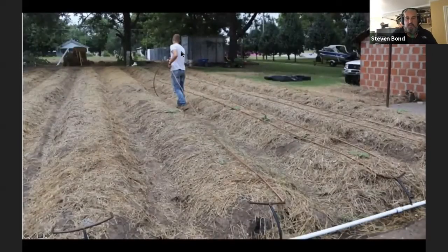You can see this was a former IEC intern, Matt, from Stratford, Oklahoma, who's dragging the drip line, and I believe this is 0.6 gallons per minute, and they're probably set at every 22, 24 inches. And so if we go down that brown line, imagine every 2 foot there's a drip emitter, and then on the opposite side, I always run a double run